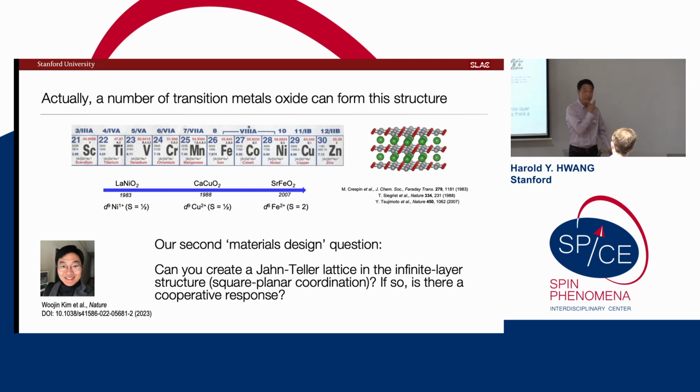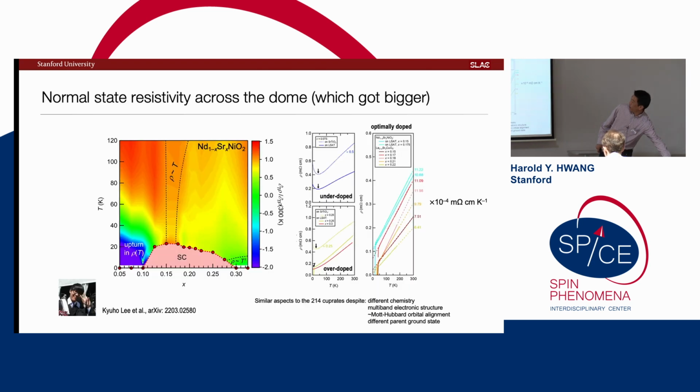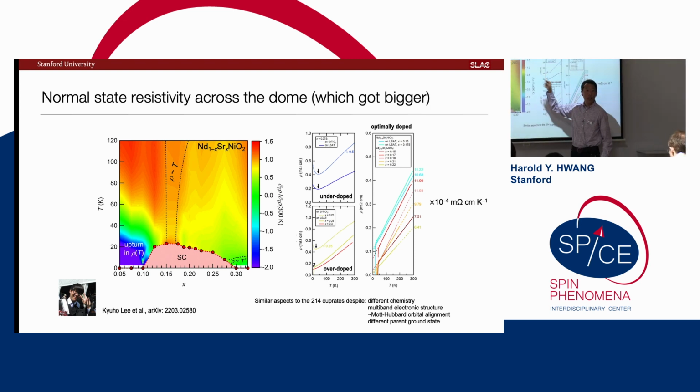Can I just ask more along these lines? Do you have any evidence for really a Kondo-like renormalization of the mass of the carriers, or would this just be some multi-orbital effect? Yeah, I think there's a heterogeneity of opinions. Fuchun Zhang and colleagues early on noted this looks kind of Kondo-like, this log upturn on the underdoped side. In fact, there are papers floating around on the arXiv thinking about that.